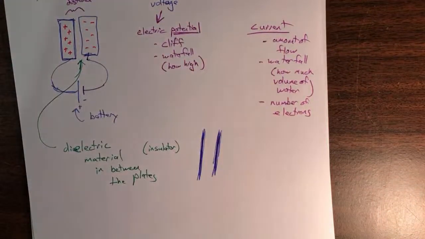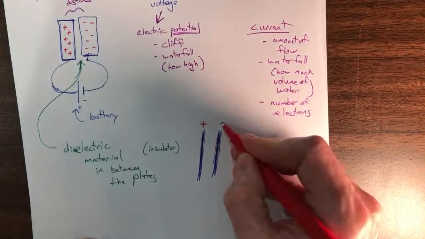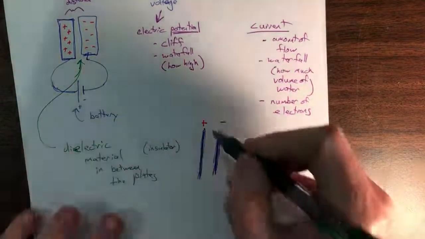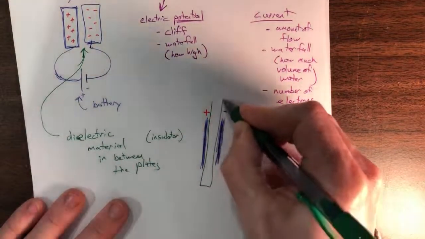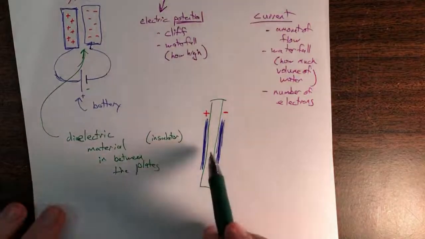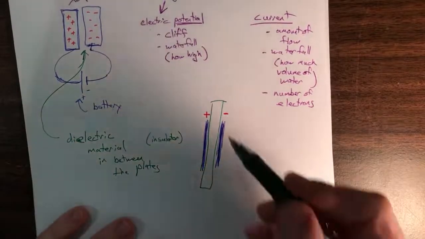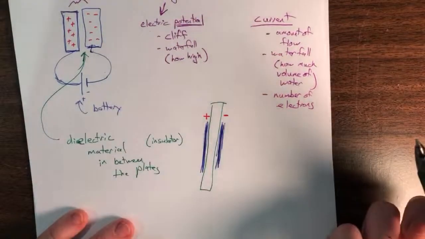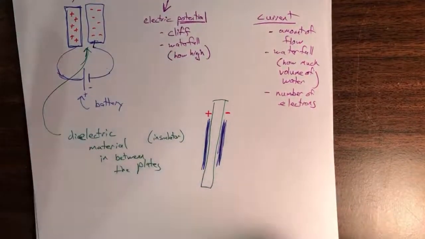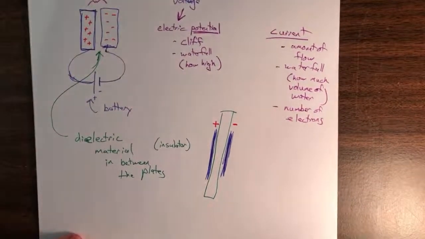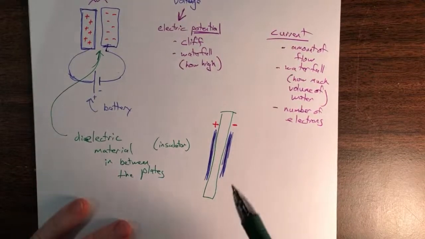So, plate. This is going to be our positive plate. This is going to be our negative plate. And in the middle, we're going to put our dielectric material. The first purpose of the dielectric material is to make sure the two plates don't touch, right? But next, the dielectric material has electrons in it too. And those electrons, although they're not free to move, can move a little bit. They're not going to be able to flow. So the material itself is not going to allow free flow of electrons from one end to another, but it can